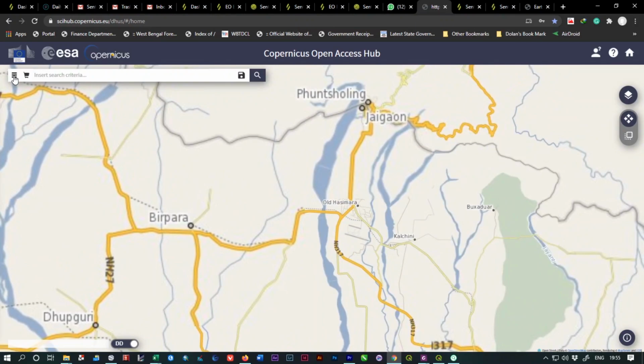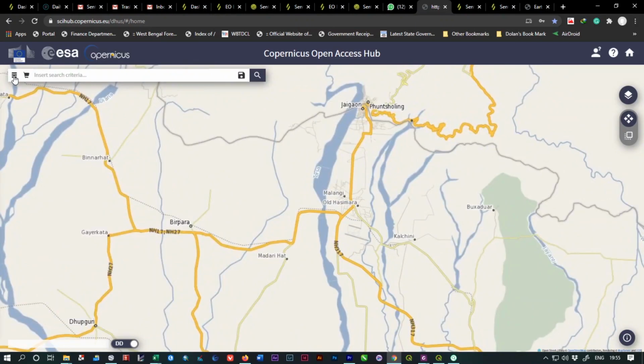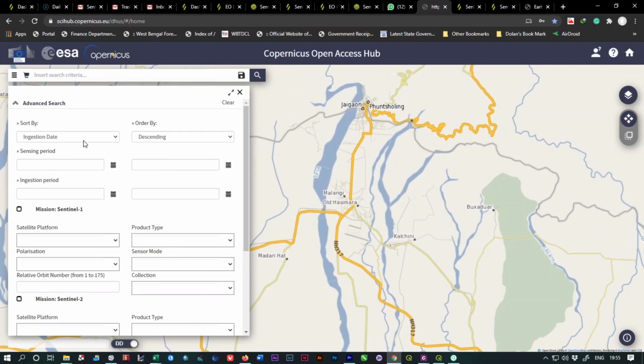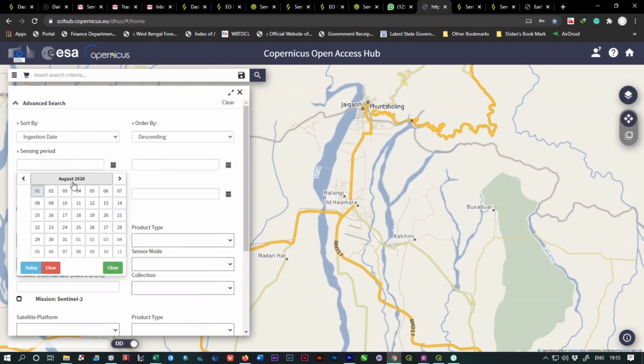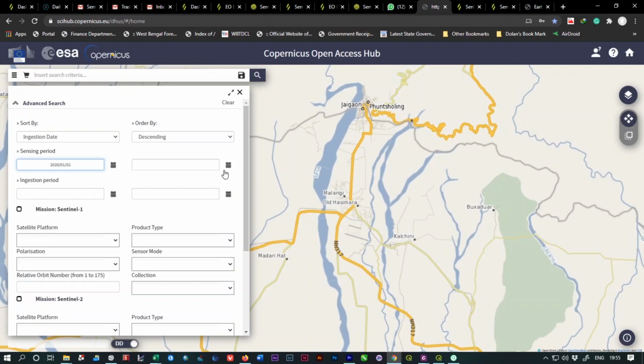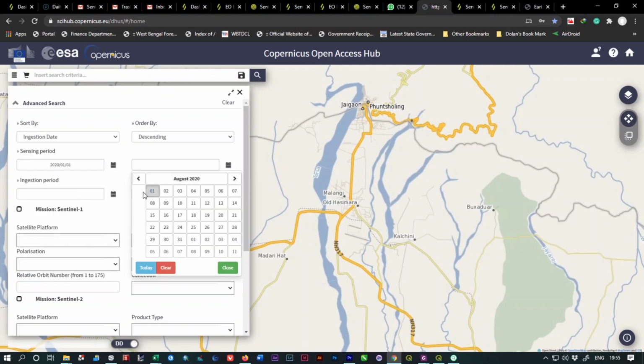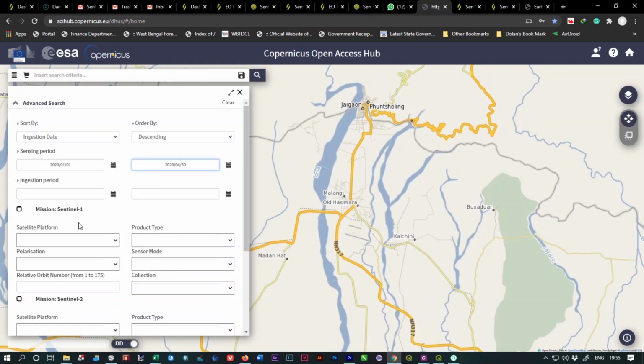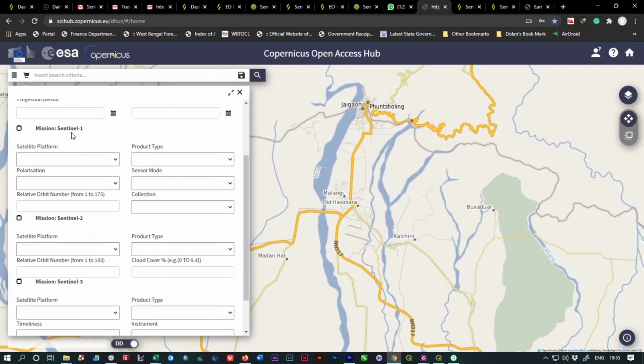And now, from these three lines, I have to add some criteria, which is the sensing period. Maybe I'm going to download the data from January 2022. Okay, for the time being I'm going to choose April 2020, and here is the satellite, Sentinel.